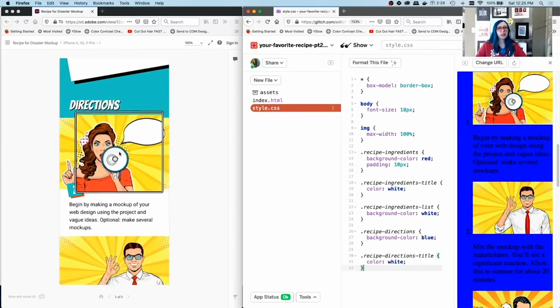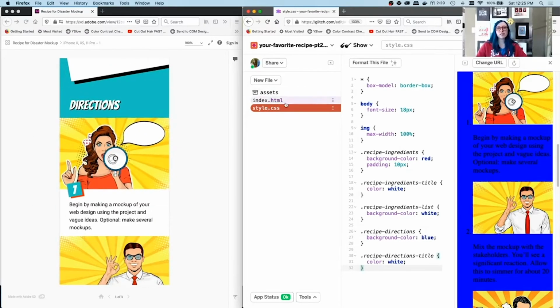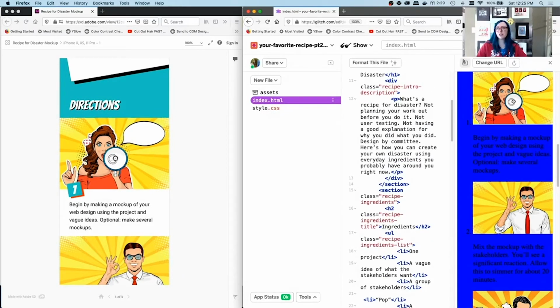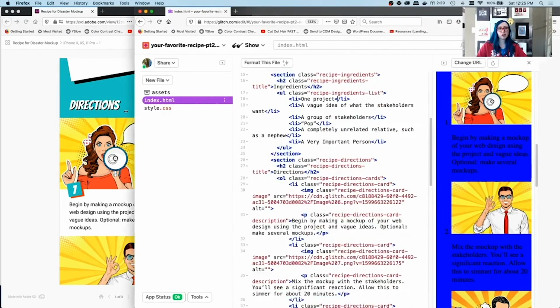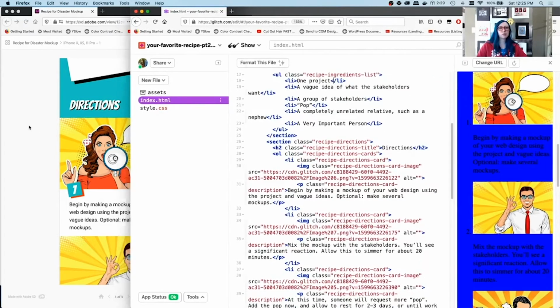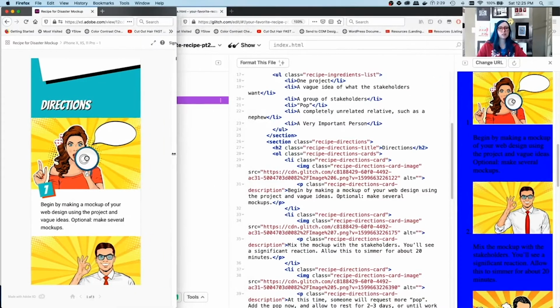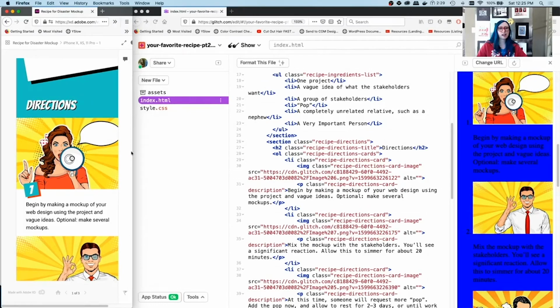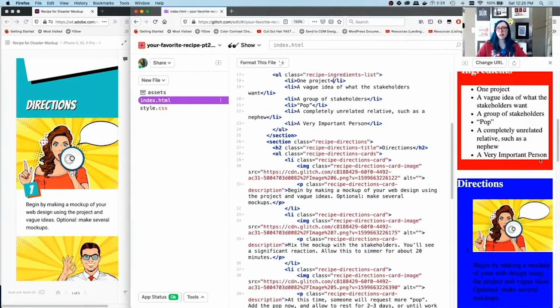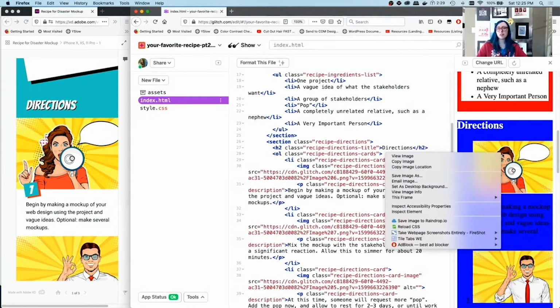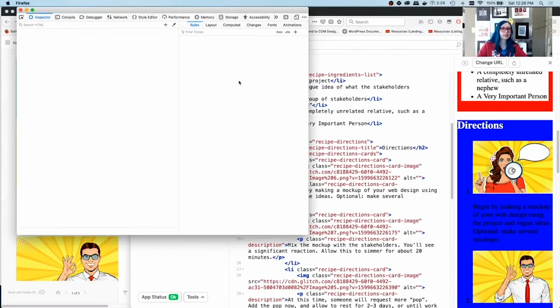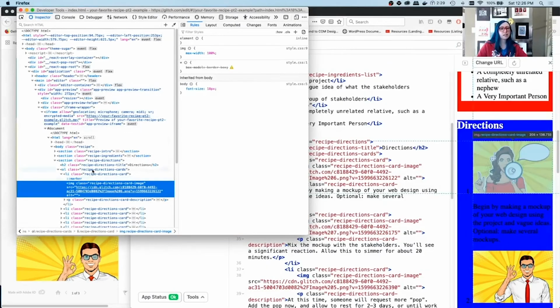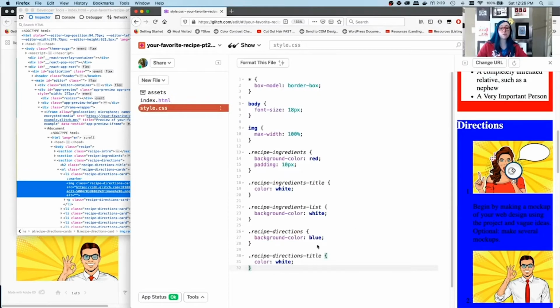Okay, so next up we have our directions list. And I'm just going to refer back to my HTML. I'm going to make this bigger so that I can see a little bit better what's going on. Just make this a little bit smaller so that we have this to the side. And I want to take a look and remember what this was. Now if you don't want to go back and forth between the HTML, you could use inspect element to decide this. So inspect element is actually going to allow you to see what your HTML was. So that could even be a faster way of figuring out what you want to select.